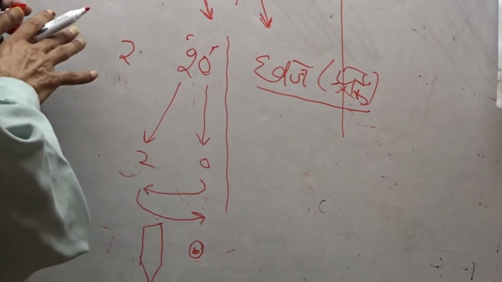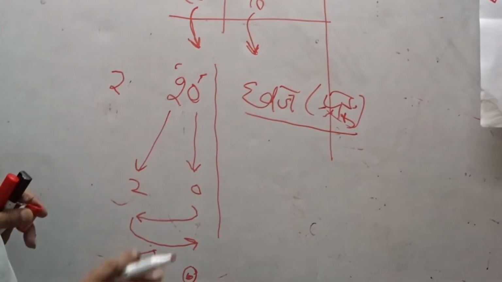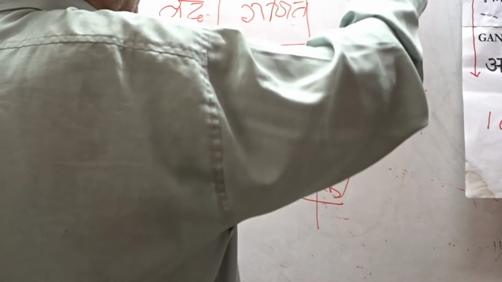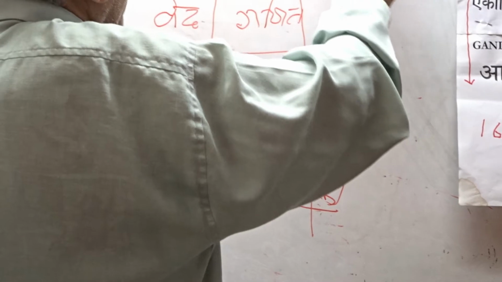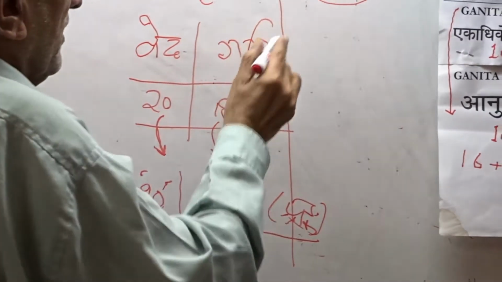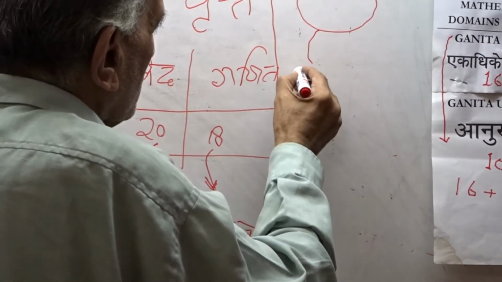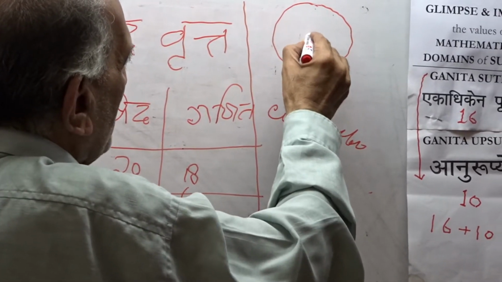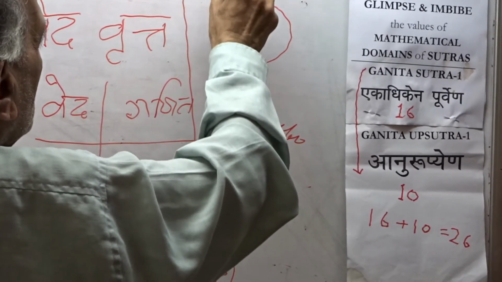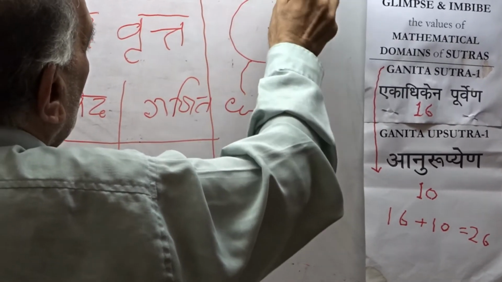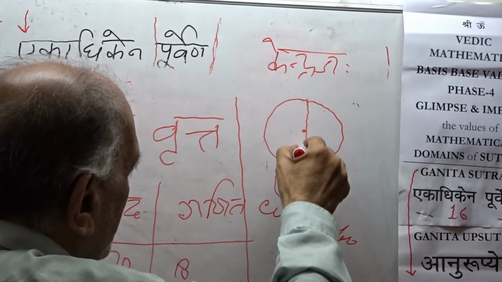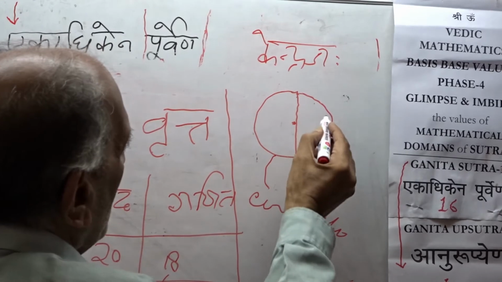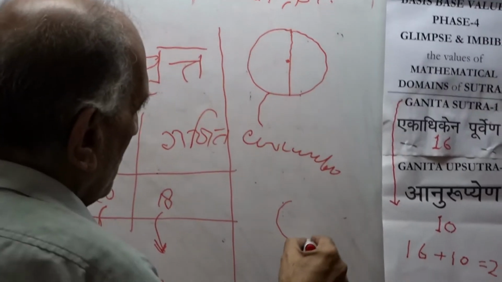So, in the context of working out the mathematics of Vrit, of a circle, whole mathematics is to be worked along the mathematics. Here, we have to work out the circumference. We have to work out its center, Kendra Jaw. We will know why it is Kendra Jaw. And then we will work out the Vyas, the diameter. And then we will be working out that if instead of one point